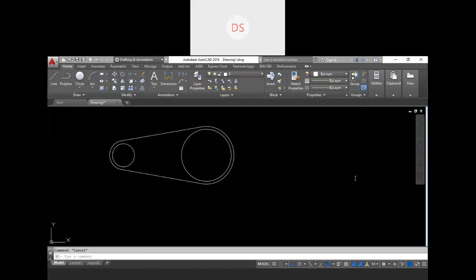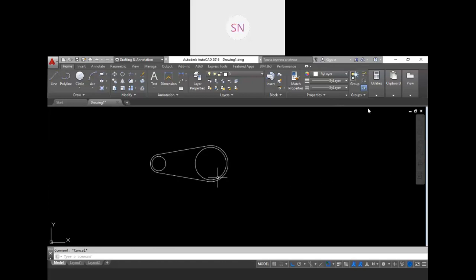Sir, if we want to put diameter on circle, then consider diameter or a radius. See, if you want to provide diameter, we have a separate option in the circle command. See, type C, enter, place your center point.